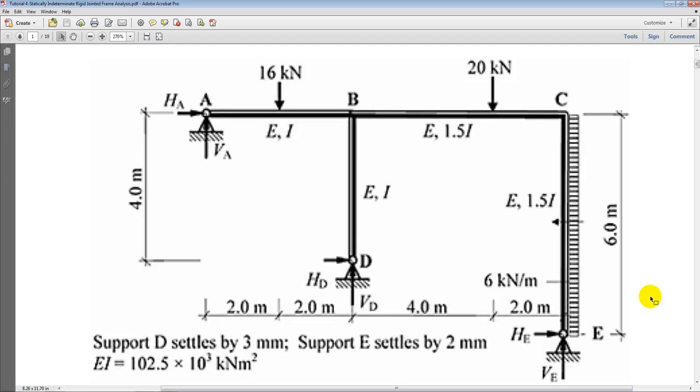Then some new methods came up, like the moment distribution method, which are fairly faster in giving the results for statically indeterminate structures. So these kinds of methods depend upon the stiffness, the relative stiffness of the members. So in any type of indeterminate structure, the relative stiffness plays a role in determining the forces in the structure. So we will see in this particular example of a rigid frame which has three pinned